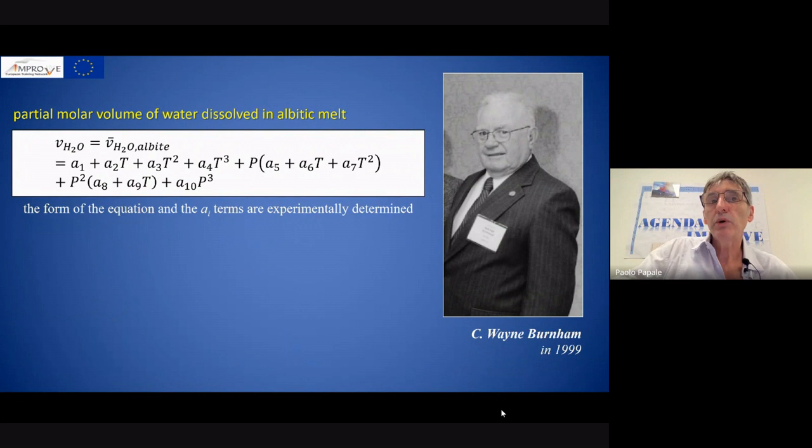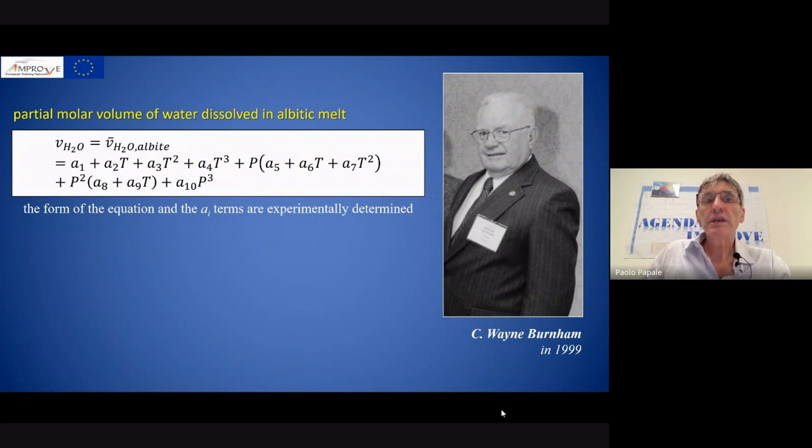This volatile component, carbon dioxide, and its interactions with silicate melts haven't been studied so deeply as Wayne Burnham did for water. What we can do is to assume a form similar to that of water, however with unknown parameters, then employ the bulk of saturation data involving carbon dioxide to determine by